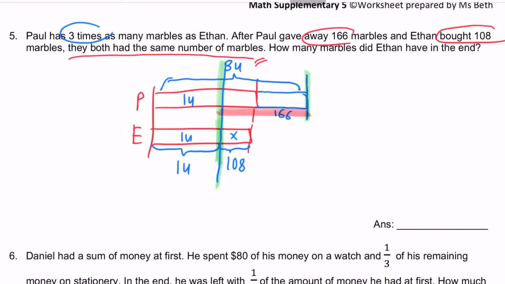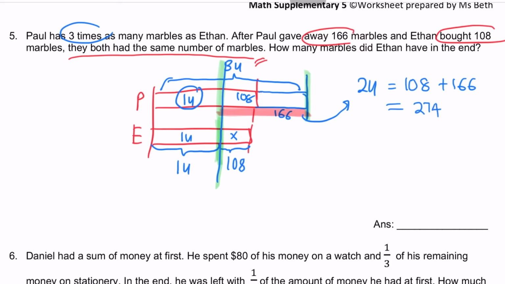That portion would be equal to 2 units, because Paul had 3 minus away this one is 2 units. So this is equal to 108 plus 166. So the total is equal to